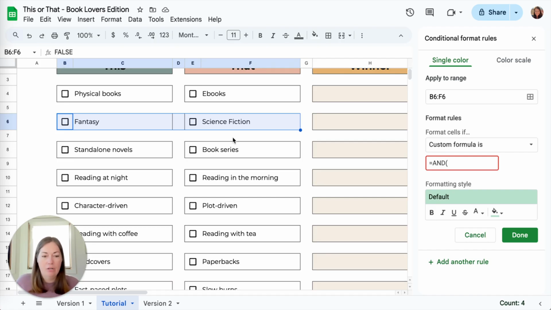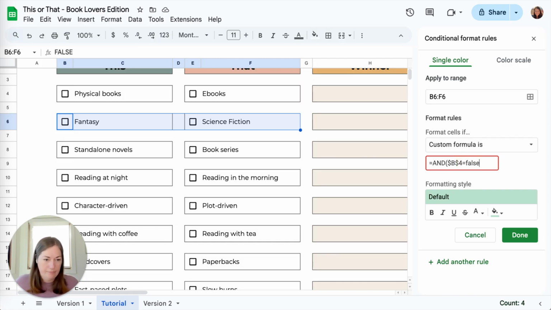So I'm going to do $B$4 because we want to do an absolute reference, meaning that we're only referencing this cell, no other cells. It's got to be this one specifically. So we've got the $ sign in front of the column and also the $ sign in front of the row. So $B$4